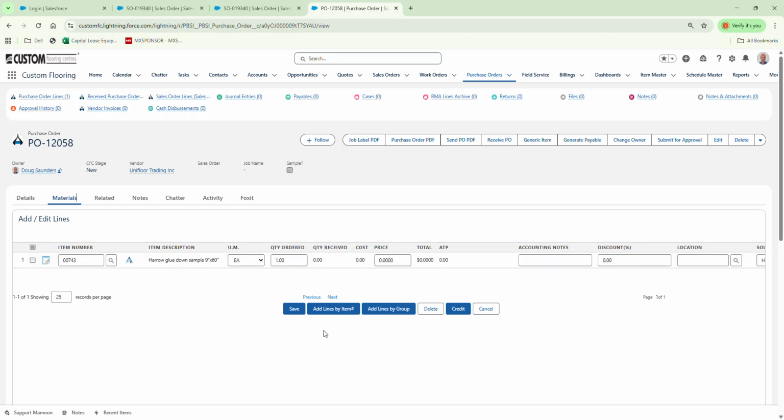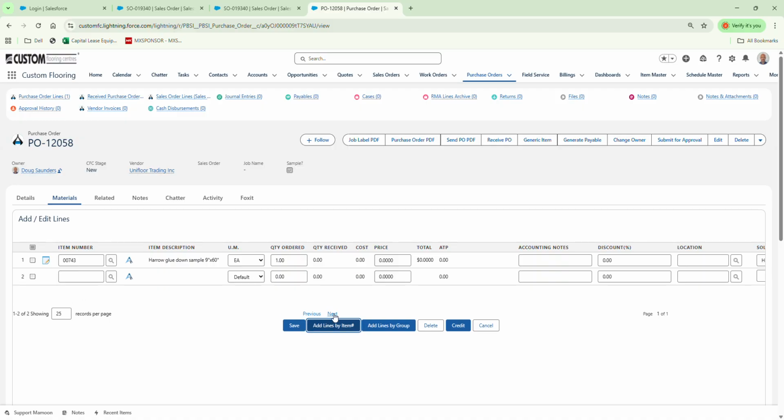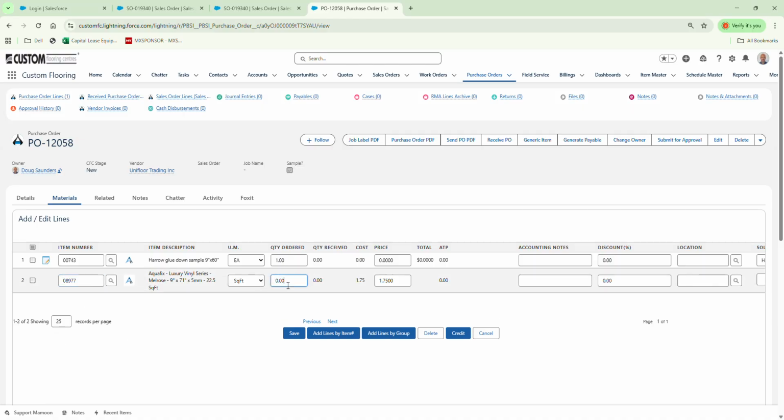So the next way is going to be, say I want to add another sample in here. I can also add the product. So I'm going to go add lines. And here's one right here, Melrose. I'll change this to 0. Not going to charge me for the sample. Boom. Okay, so there I have my two